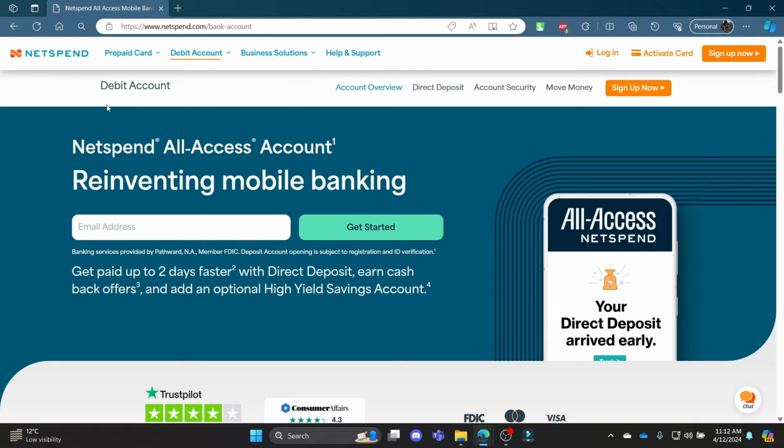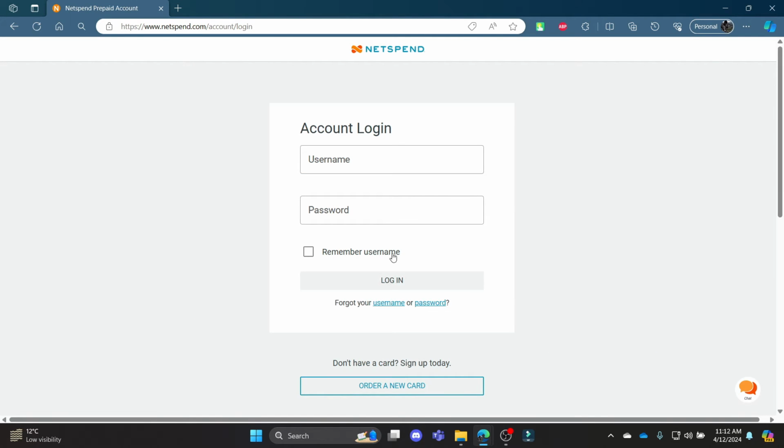Click on this link over here and you can see that it will take you to the official site of Netspend. What you need to do right now is click on Login, which is on the top right hand side of your corner. So click on Login and it will take you to this login portal where you can write